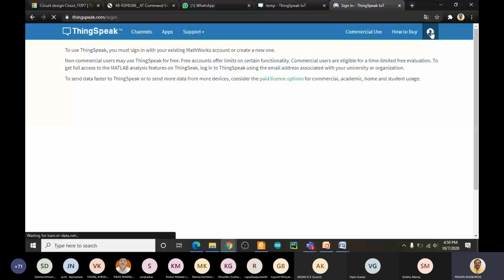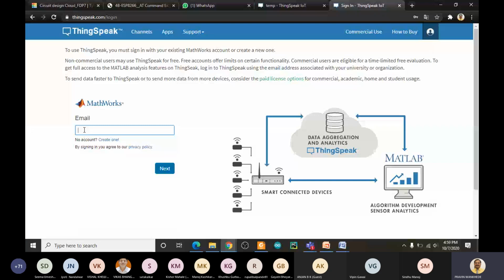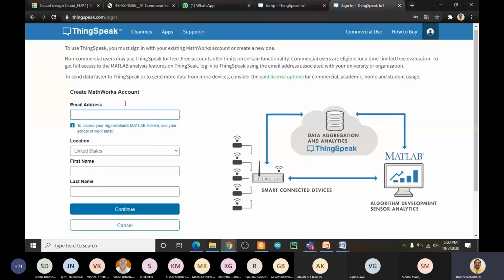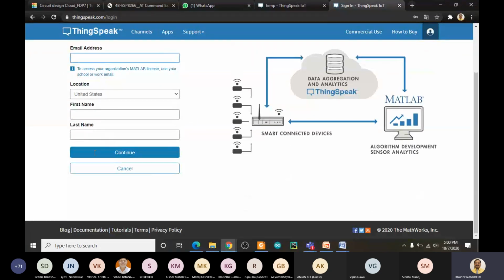Now it is asking if you are already registered. If you have already registered with MathWorks, that is a MATLAB account, you can directly use that email. But if you are not registered with ThingSpeak or MathWorks earlier, then click on this, that is, no account, create one. Click on create one, then it will ask your email address, location, first name, and then continue.